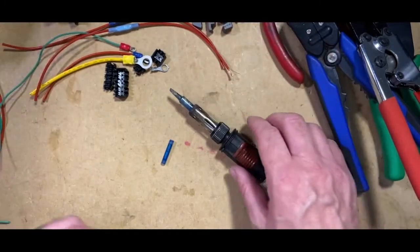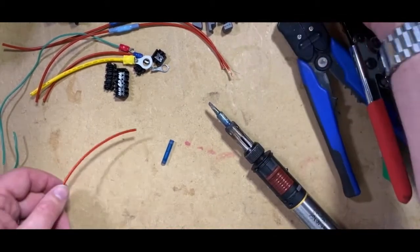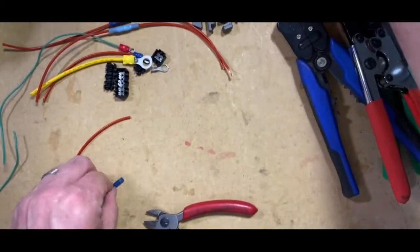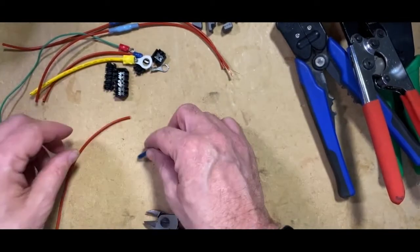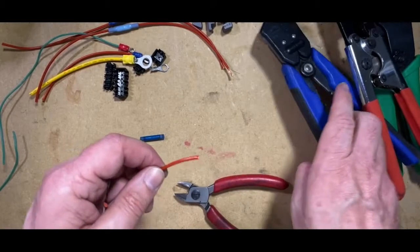So that's your heat shrink. The other one that I have here is what we call the cool seal connector. The difference with this is it doesn't require any heat. Instead, what it's got is an anaerobic compound in each end of the connector. And so what you do is